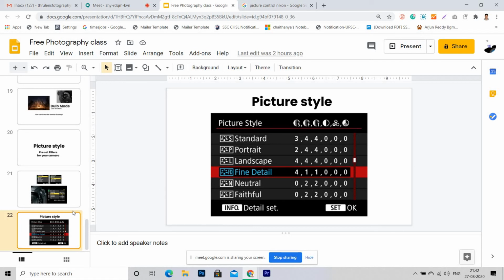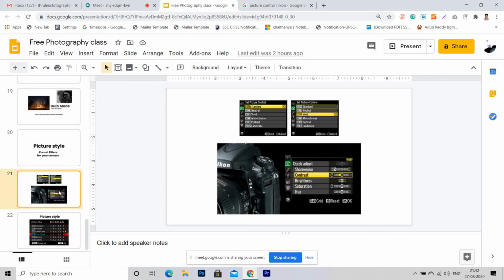So basically, for example, you don't know all these things, and you just want to increase colors. You just want to go for any mode, and you want to increase colors. So basically, I'll just randomly explain what these things will do.